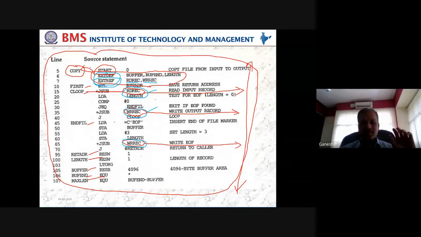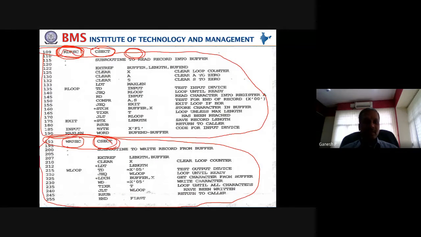So let us take one more control section. Suppose I am in this control section now. This is a new control section. Let me do the same exercise now. This control section is RDREC. In this, which are defined, which are not defined? Max length is there. Is it defined? It is defined. So no problem. Input is there. Is it defined? It is defined. No problem. R loop is there. Is it defined? It is defined. No problem. Input defined. Exit defined. Buffer not defined. So this is an issue now.